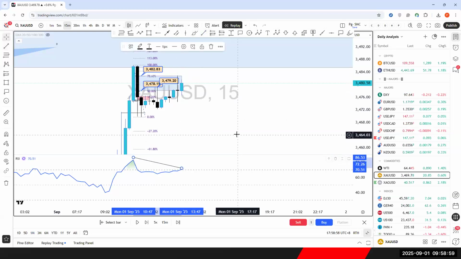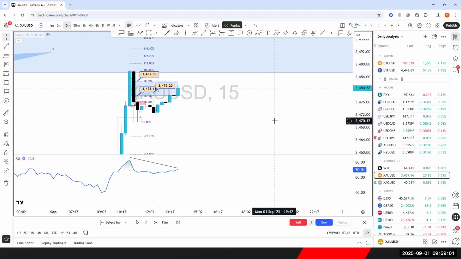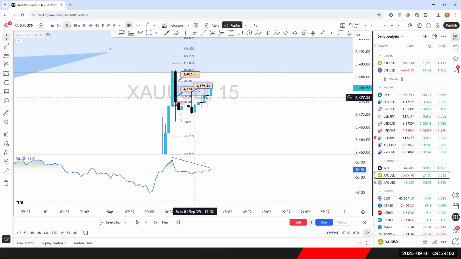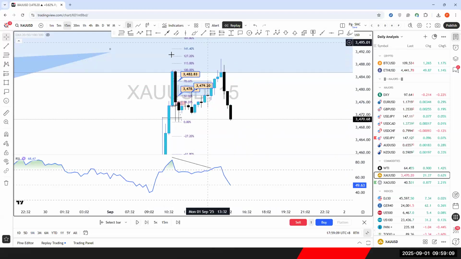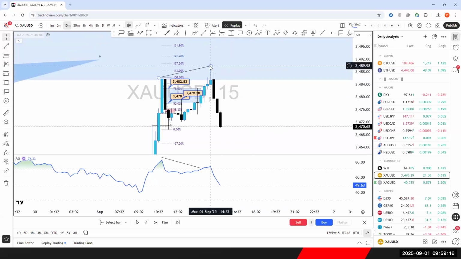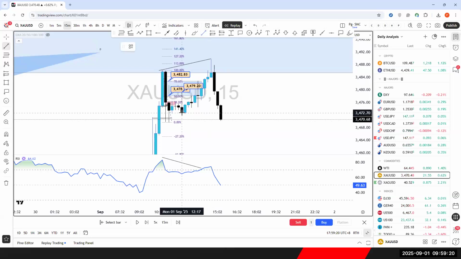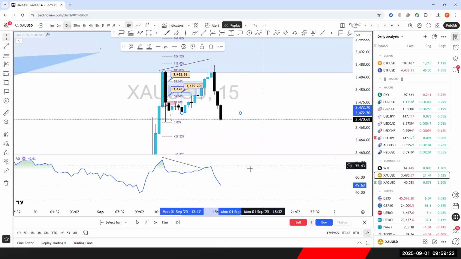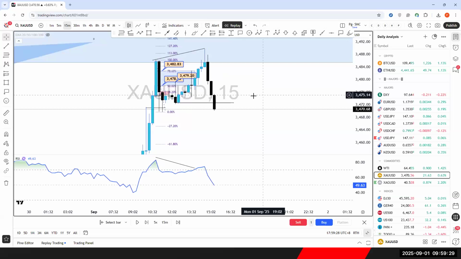I start to make a divergence here. But it hasn't completed the divergence because price needs to make a higher high first. So I kind of wait. Right here, whenever price almost hits my extension, I saw the divergence here, so I have another sell at 74.89, somewhere around here. My TP for the divergence is going to be at the neckline here, right? Price fell from this level to this level, 72 pips.